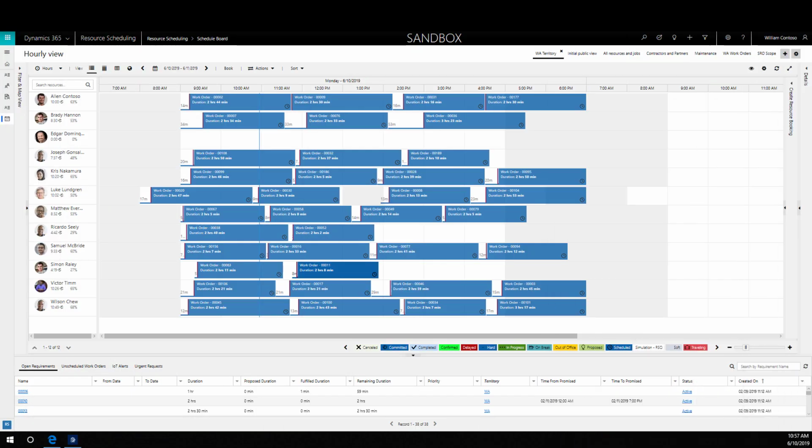Next, let's dive into the schedule board more and see how it helps dispatchers assign work. Let's take a look at the schedule of one of our resources. All of this person's bookings are blue. This means that they are scheduled, but work has not begun on them yet. The line before each booking represents the travel time to get from the previous location to this job. Because of automated scheduling with resource scheduling optimization, the jobs are scheduled back to back and travel time is minimized